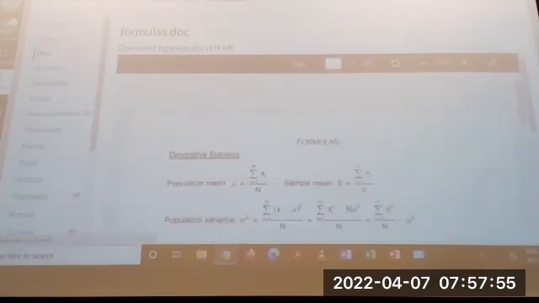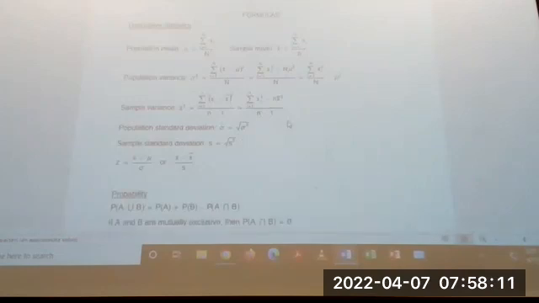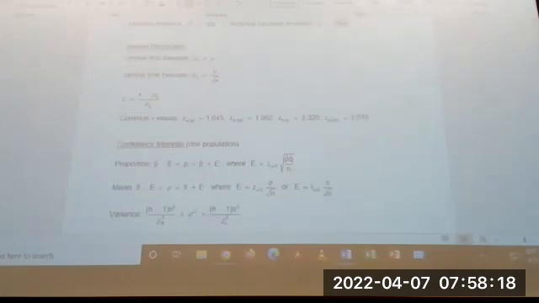Because this is what we're going to use today to help us answer these questions. For today, by the way, how many have their formulas with them? That's probably a good idea to always just have them because we refer to them and then you don't have to keep writing everything down. All right, so let me bring these up. Probability, there we go, normal distribution right here. See that? Common Z values. That's what we just did.